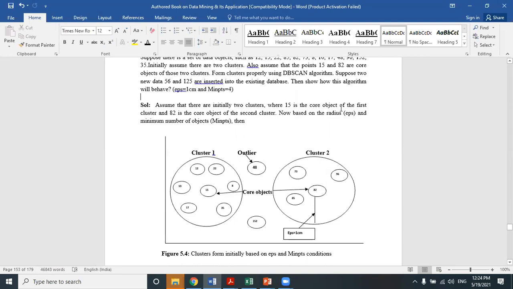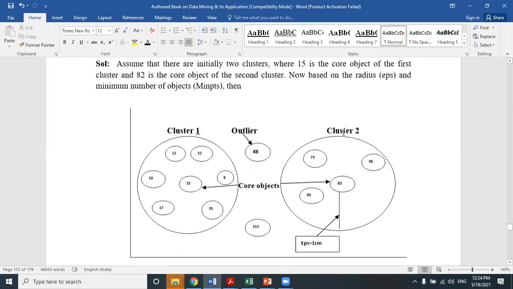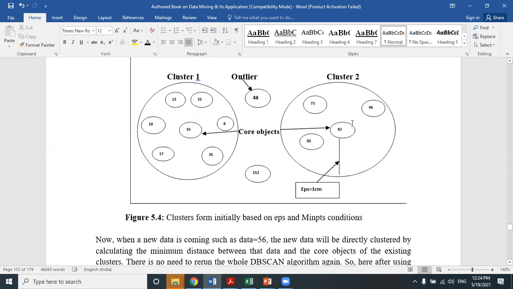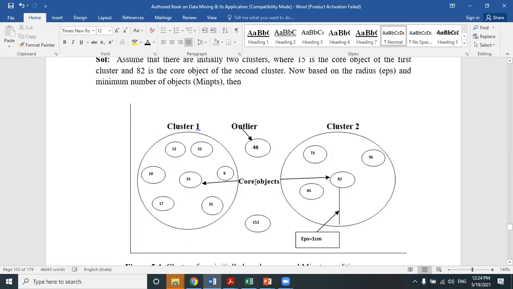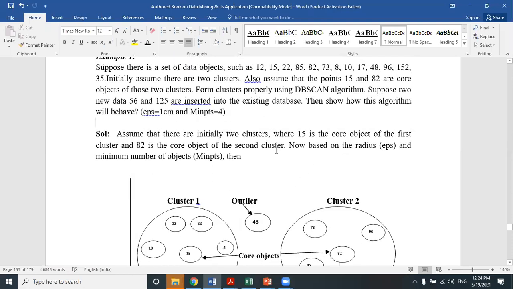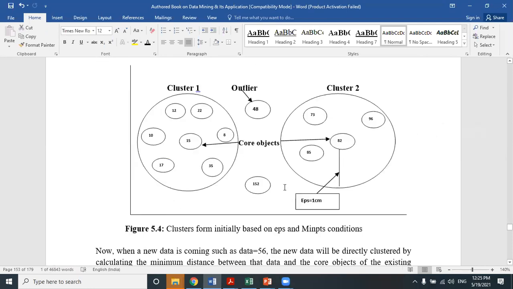Now 15 is the core point of the first cluster. You have seen in this figure. 15 is the core point of the first cluster, and 82 is the core point of the second cluster. Try to understand. These are the core objects or core points, right? Now we will check based on the eps and minimum number of points.